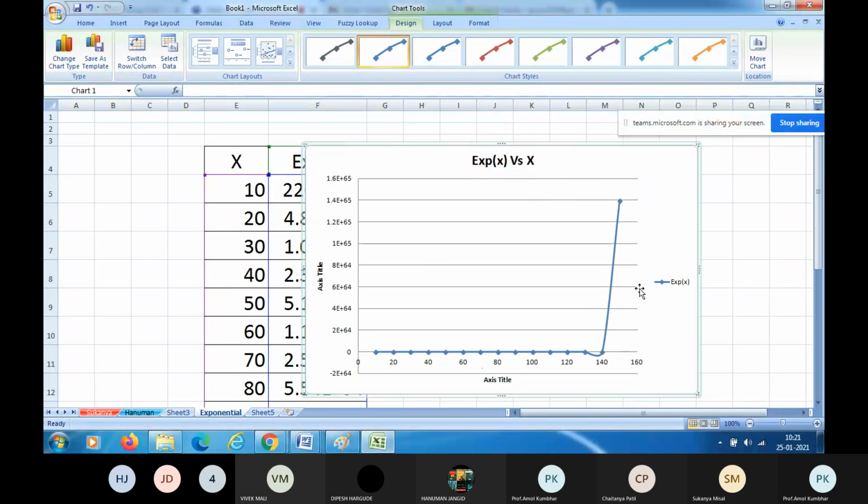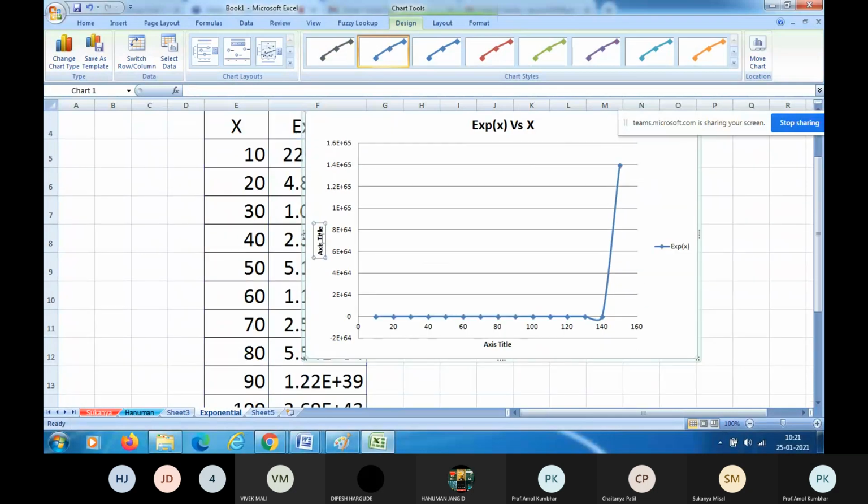This is our title of this graph. Let us label this y-axis. It is exponential of x. It is on the y-axis. On the x-axis we have only values of x. This is our exponential graph.